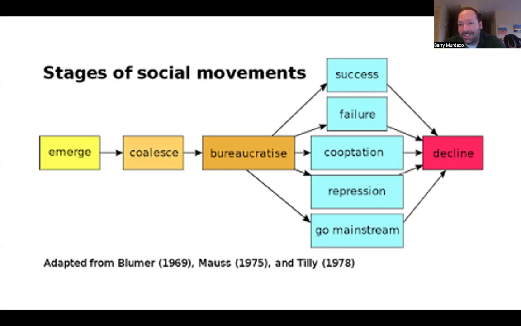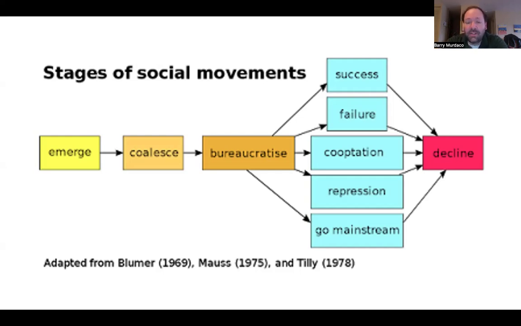It's interesting that all these pathways basically lead to the same inevitable result. Even if they succeed, they still kind of fail. Even if they accomplish what they're meant to do, they lose their reason for existing, so they decline after that. In many cases, they fail to achieve their objectives. Again, these are reformist movements, not revolutionary movements. They are trying to get some kind of reform out of the government. Sometimes they succeed, lots of times they fail, and lots of times they get co-opted and become part of the mainstream. I would argue this is what happened with the civil rights movement.